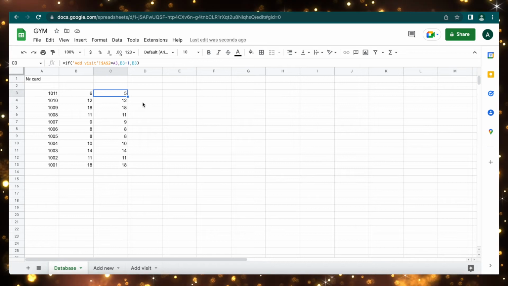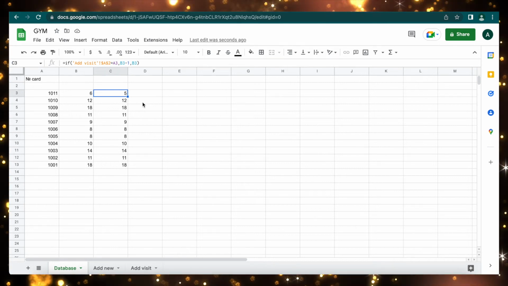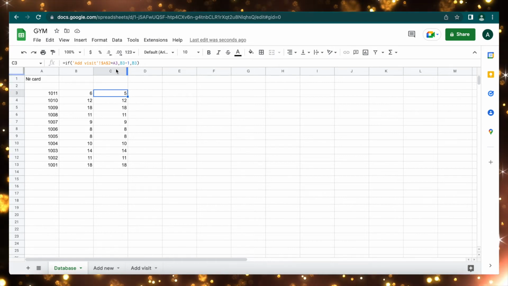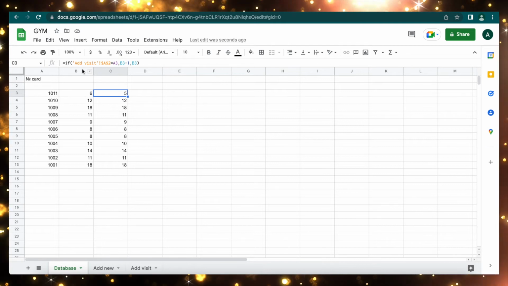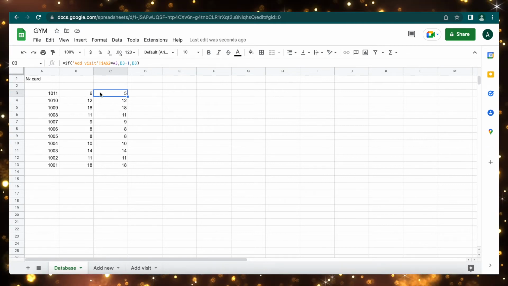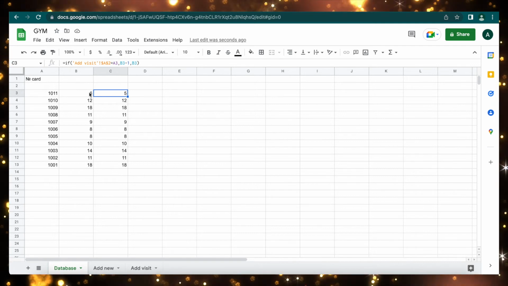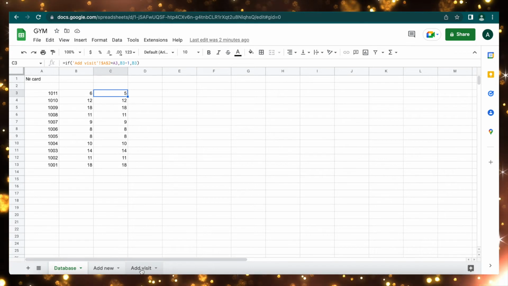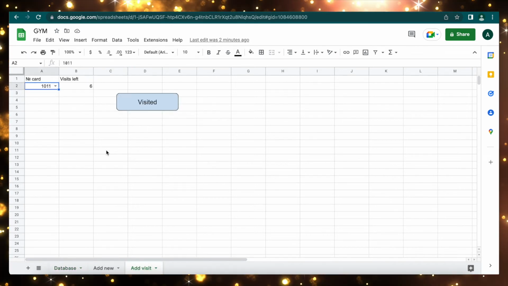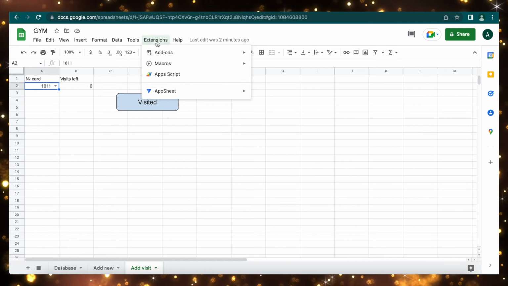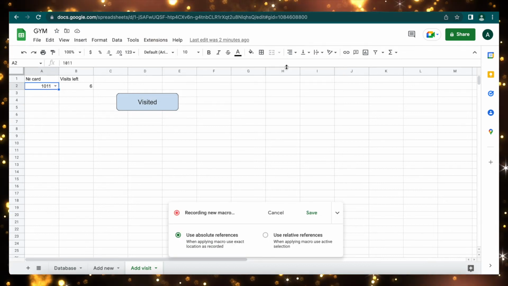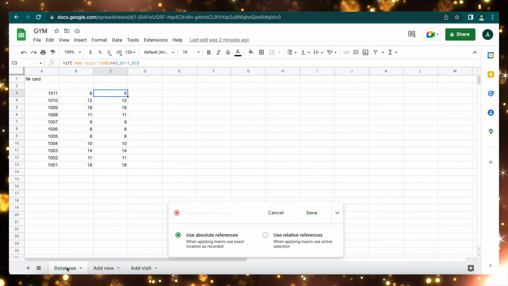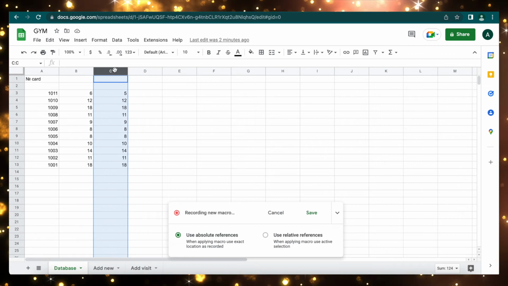And now we have to record the macros that we can attach to our button that gets this column and puts it in that column. After that we receive the changed number in that cell. For correct macro recording we have to come back to that list, go to Extensions, Macros, Record macro, and switch to the database, select this column,